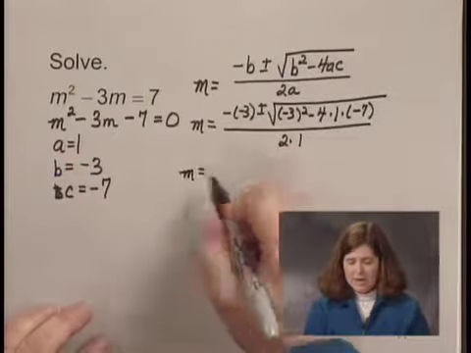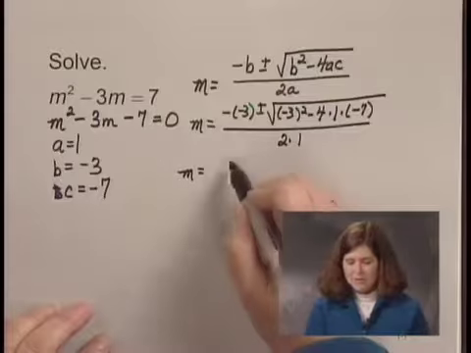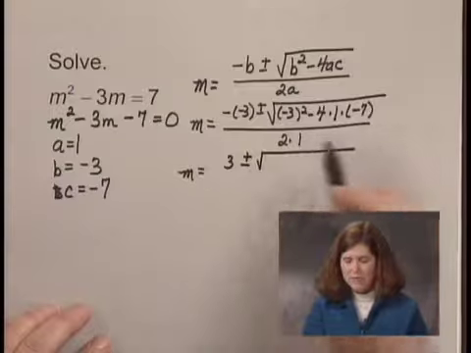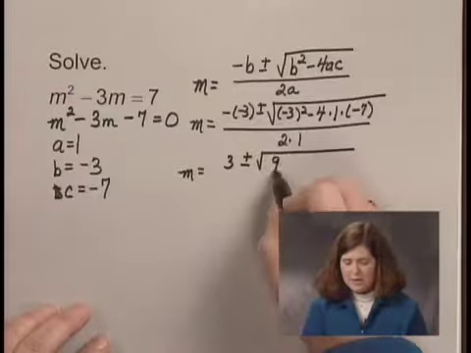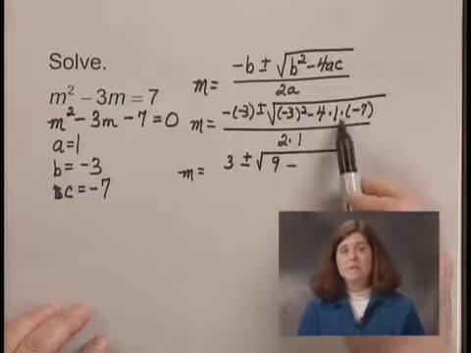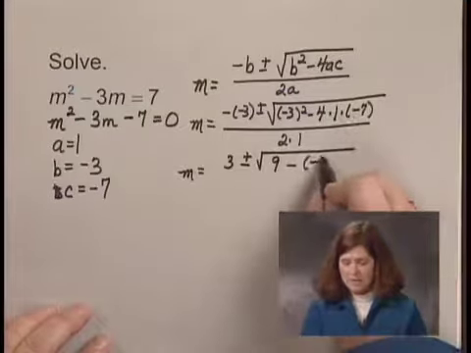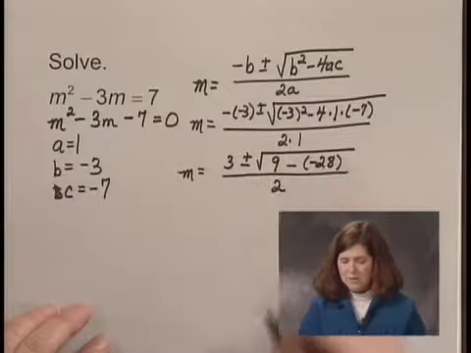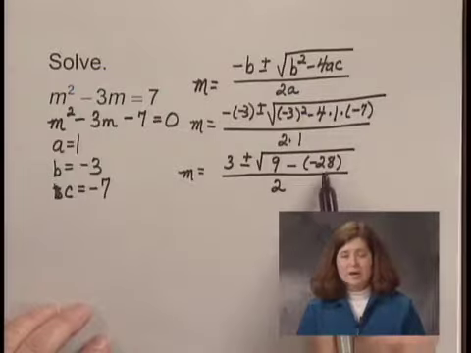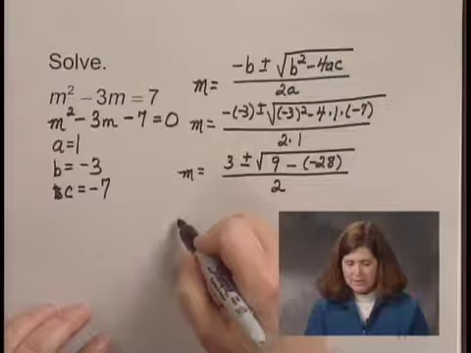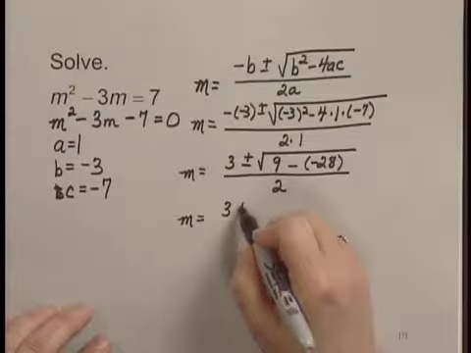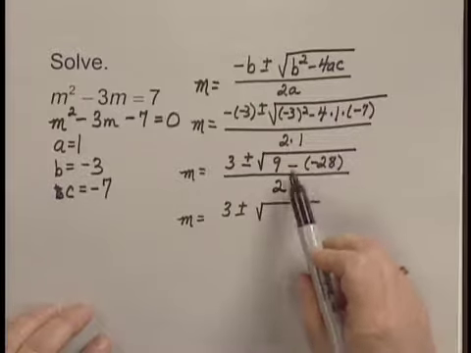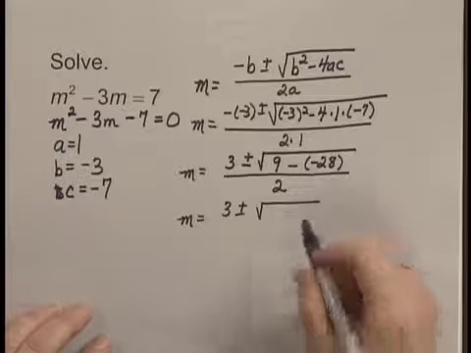Now I simplify. I have m equals the opposite of negative 3 is 3, plus or minus the square root of negative 3 squared is 9, minus 4 times 1 times negative 7 is negative 28. And that's all over 2 times 1, or 2. I can still simplify a little inside of the radical sign, so I have m equals 3 plus or minus the square root of 9 minus a negative 28 is 9 plus 28, which would be 37